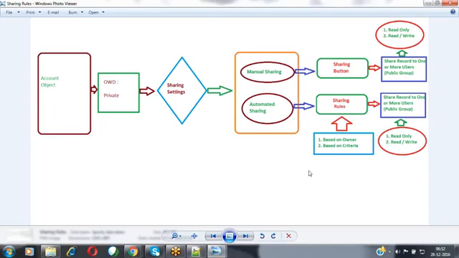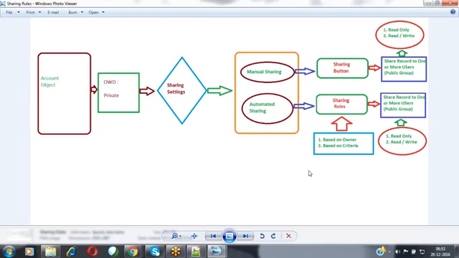But sometimes my requirement is that I would like to define that criteria dynamically at runtime. Dynamically at runtime, based on my criteria, I want to make my record visible to some other people. At that time, we can go with Apex sharing. By using Apex sharing, we can share the records programmatically here. With declarative sharing, we have to create multiple sharing rules: if the criteria is like this, share the record to this person; if the criteria is like that, share the record to that person.